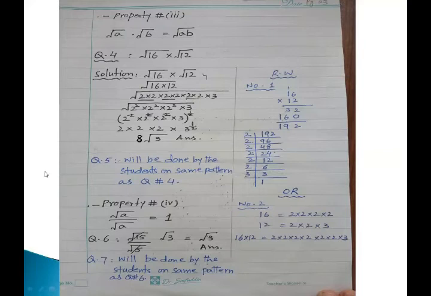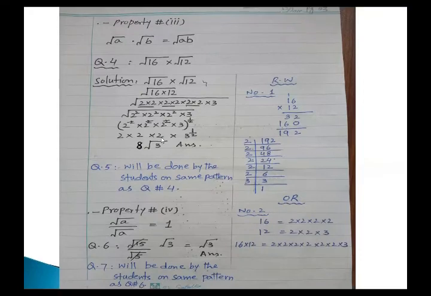Okay, question number 5 is exactly like question number 4, so you can do it in your practice copy. I am not saying that you have to write all the things in the fair copy. I will mark some questions which you will have to write in your fair copy at the end of the chapter. But for now, you are going to do all the work in the practice copy, because you know that in maths practice is needed. When we end the chapter, I will tell you which questions would go into the fair copy. Okay.